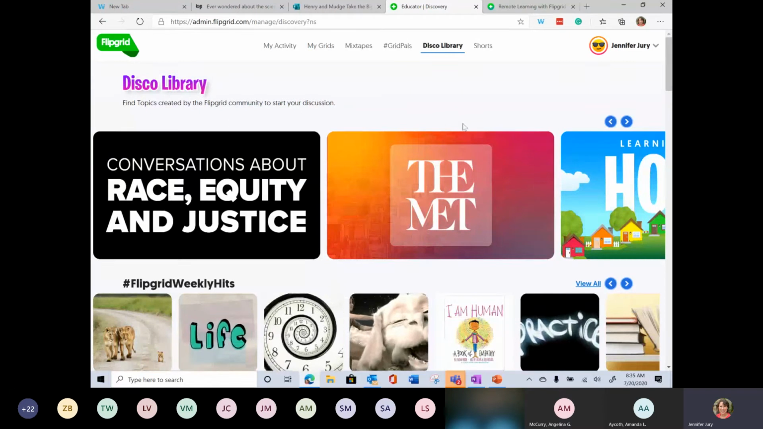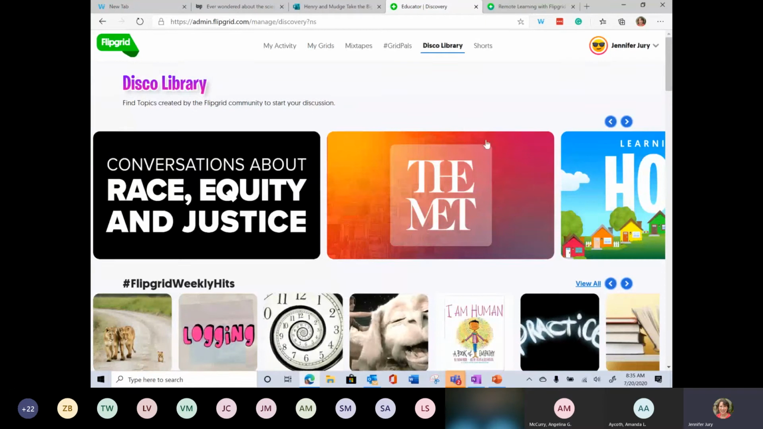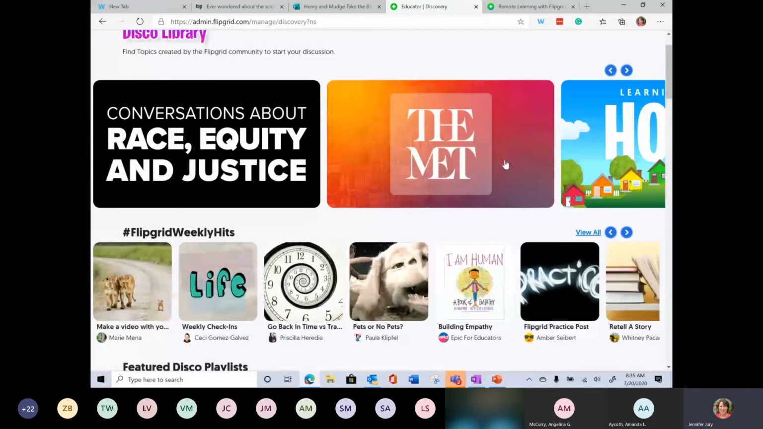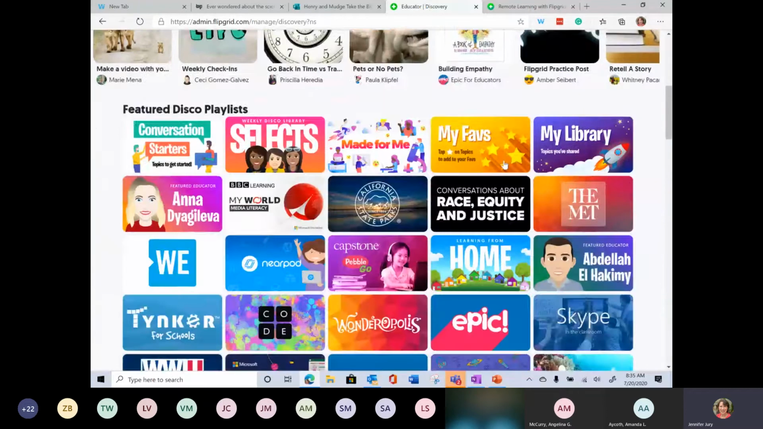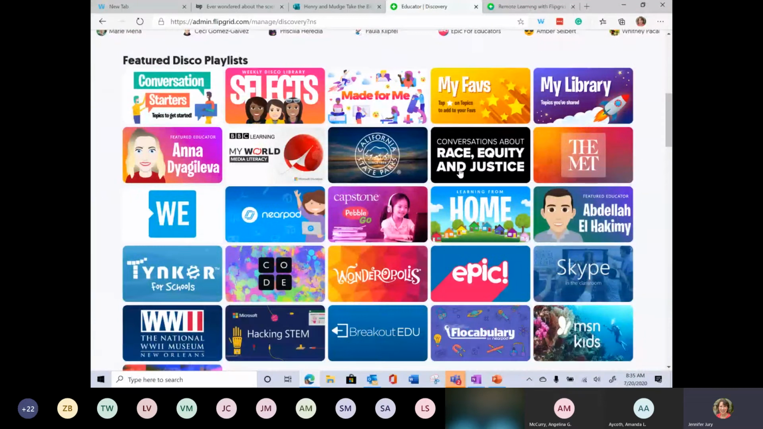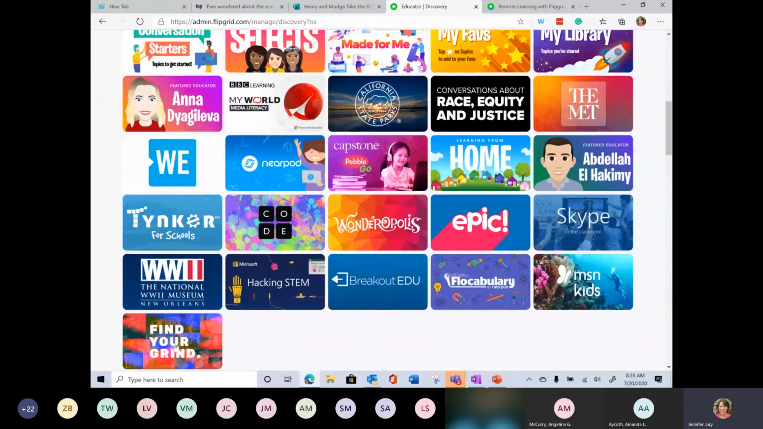Disco Library. This one is, I think, so neat. Not only are teachers creating content, but you have content from the Met. You have content from Microsoft. You have content from Hacking STEM. You have the National World War II Museum. There are so many amazing connections